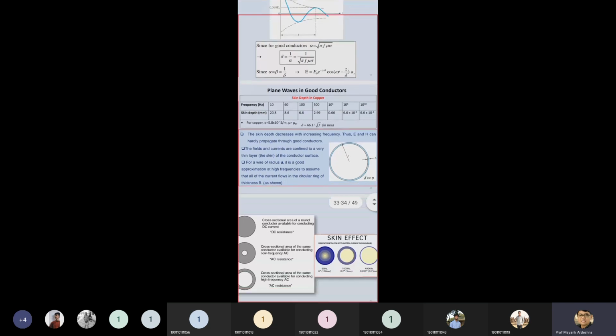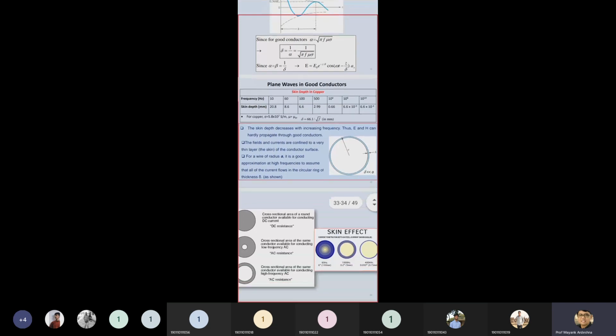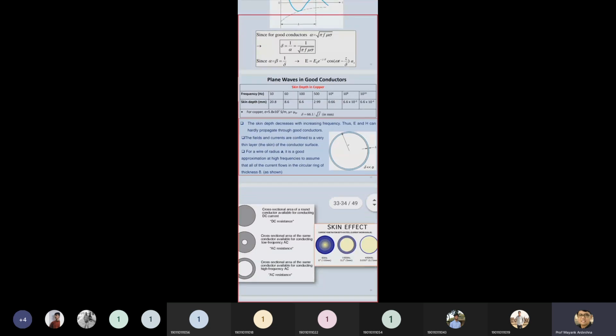this figure indicates our conductor. The conductor has some diameter, which is mentioned with A, and they are considering the frequency from 10 hertz to approximately 1 gigahertz or 10 gigahertz. So the delta parameter is decreasing because it is inversely proportional. So you can identify the delta which is mentioned in this particular circle.